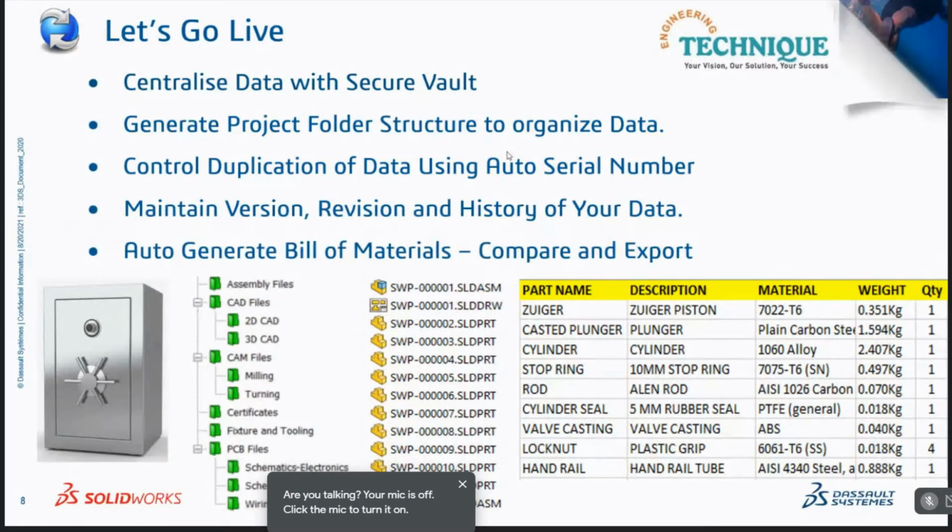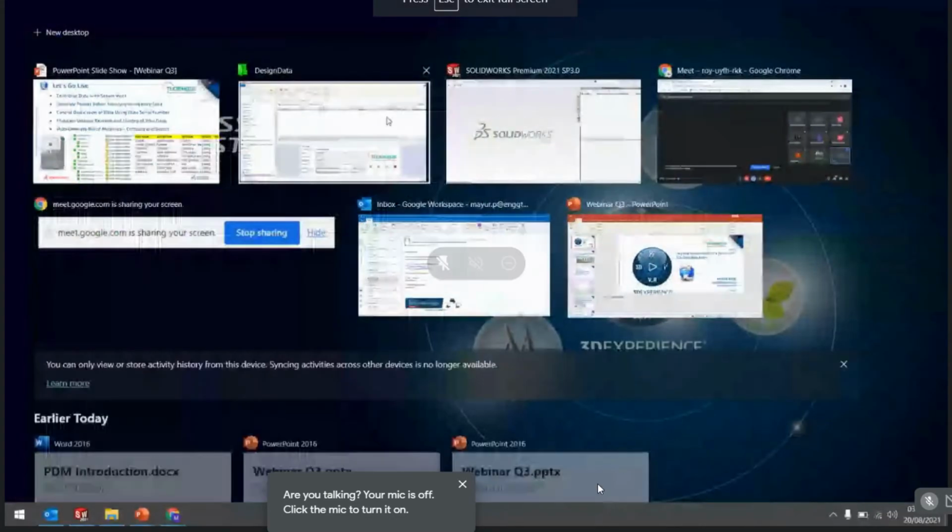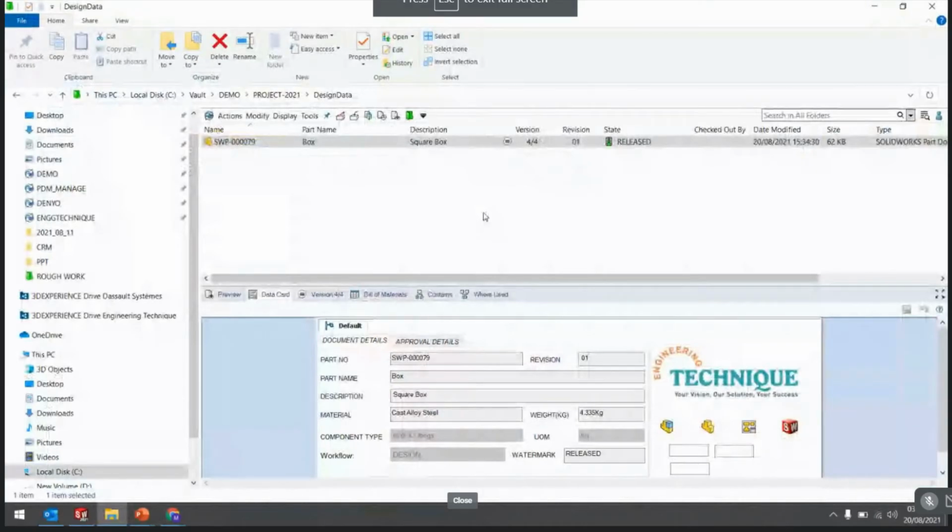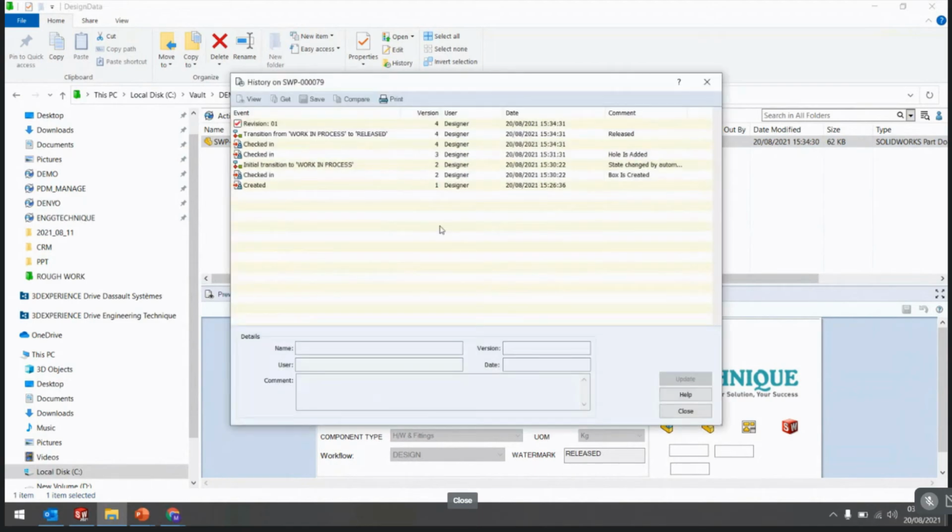Again, the history of your data. As I told you, while working, PDM or SQL smartly maintains the file version, revision and history. You can directly see your file history from here. You can see the file was created at that time, and all the history is maintained here. Then we entered that the box is created.